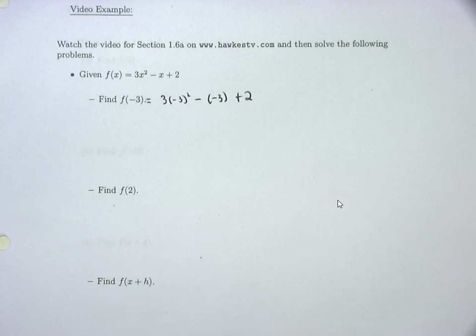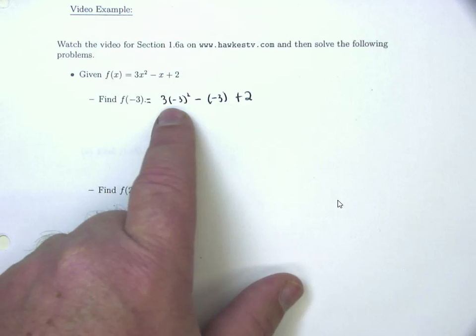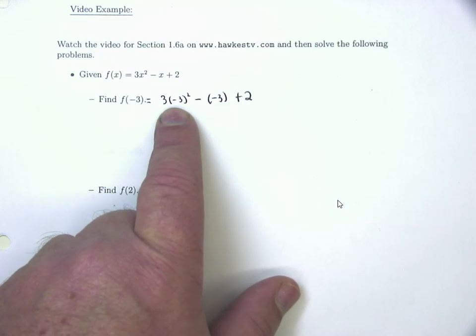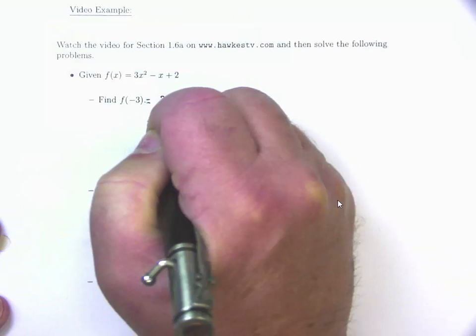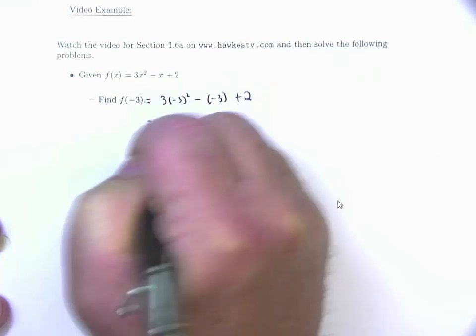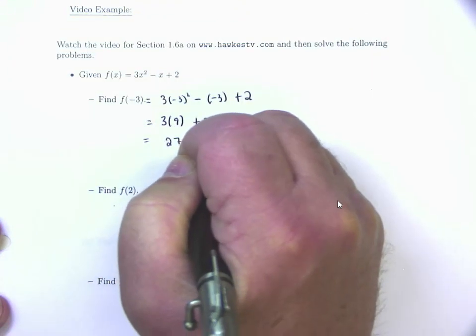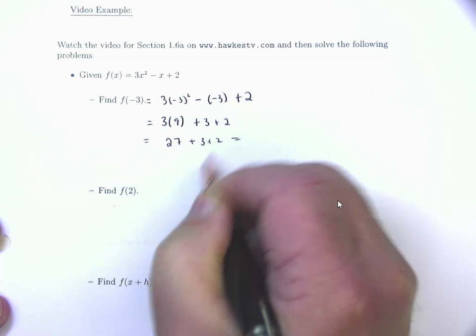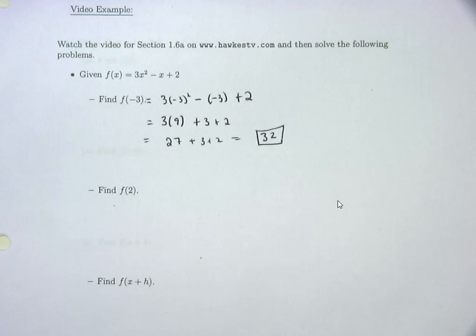So, okay, I see inside the parentheses, but I just got basic numbers inside the parentheses. So the next thing is going to be exponents. I got one exponent, negative 3 squared. What is negative 3 squared? Positive 9, because negative 3 squared means negative 3 times negative 3, which is positive 9. So this is 3 times 9. Let's go ahead and clean up some more stuff. A minus minus makes it a what? Plus 3 plus 2. And then I'm going to do my multiplication. 3 times 9 is 27, plus 3 plus 2, and 27 plus 3 is 30, plus 2 is 32, according to my math. Does that make sense?